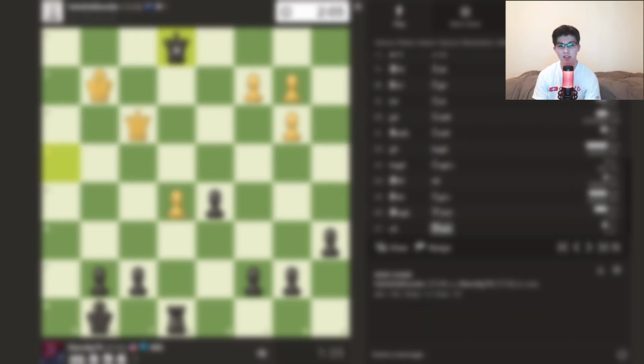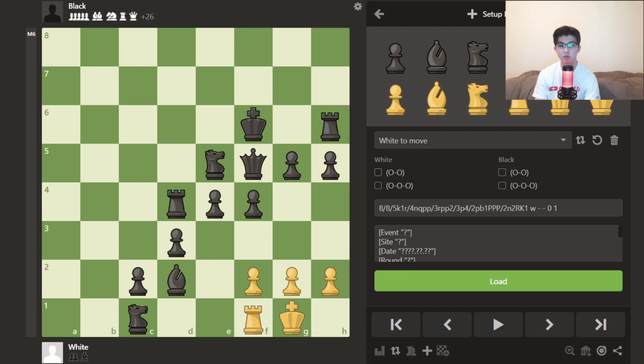Now, the reason that castling is better than leaving your king in the center of the board is that it's safer. Castling gives your king a protective shield of 3 pawns and a rook, and also takes it away from the center of the board, which is usually where most of the action is going to be happening during the